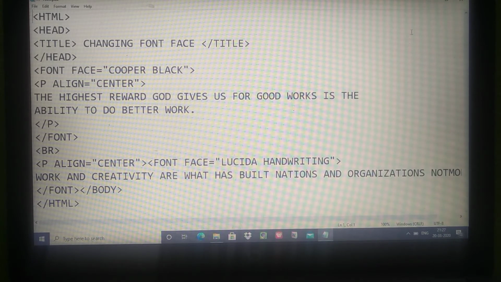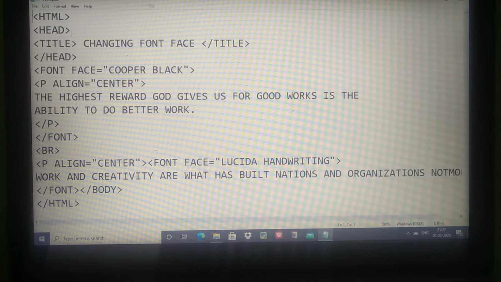Good morning children. Today we are going to learn about HTML, how to do formatting and designing of a web page. That we are learning, part 2 now. In the previous class we learned 4 programs, and now we will learn the four programs which are in your textbook.